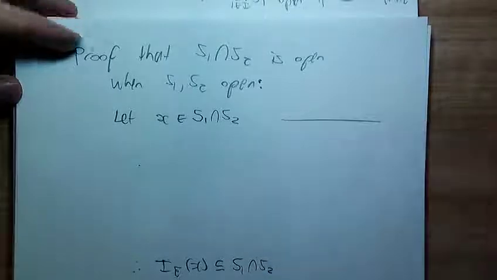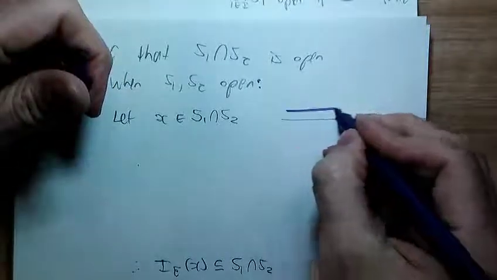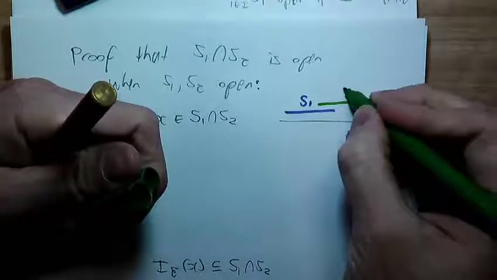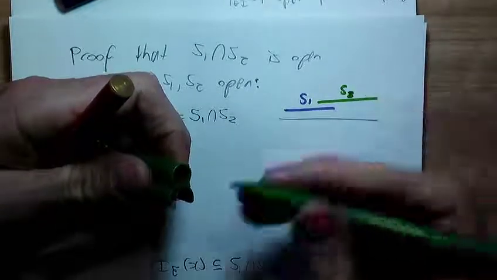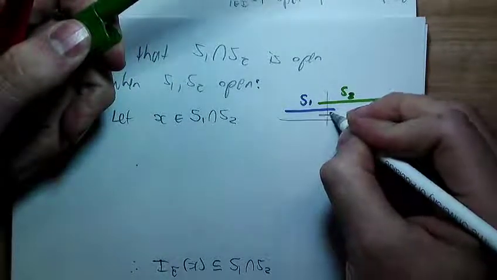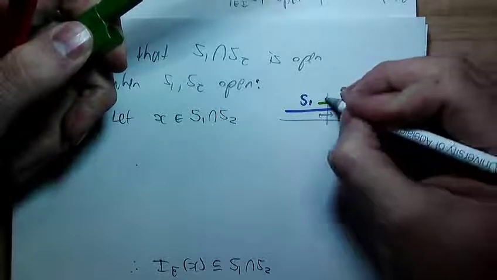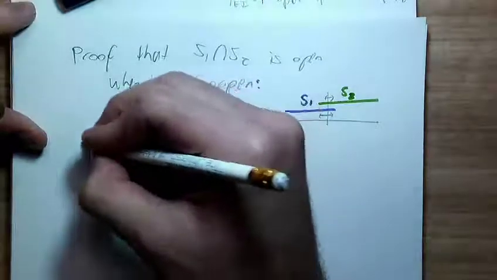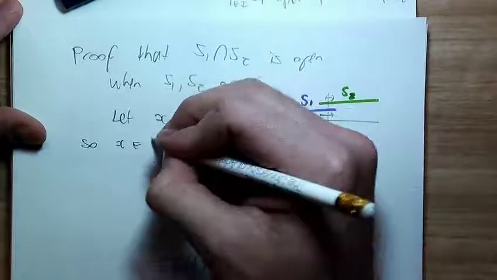The picture in my head at this point is that this is S1 here, and this is S2 here, and around my point x I can make an interval that's contained in S1, and around my point x I can make an interval that's contained in S2. And as long as I pick the smaller of those two intervals, it must be contained in both of them. That's my idea. So I'm going to say, so x is in S1,